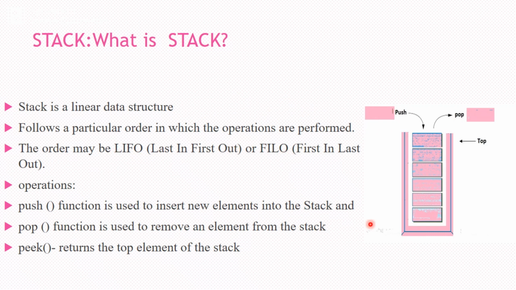What do you mean by LIFO? The last element entered is the first one to be removed, and the first element entered is the last one to be removed. Because you can see here, this is something like a stack, and you can't take off any element from the middle. So to delete this element, you have to delete the previous three elements.